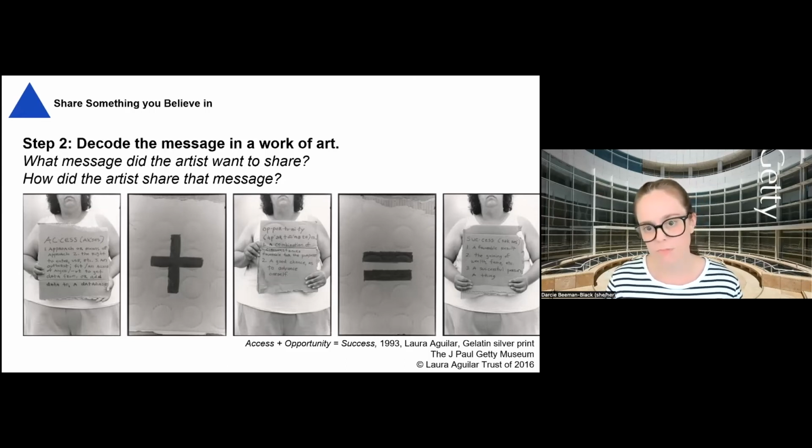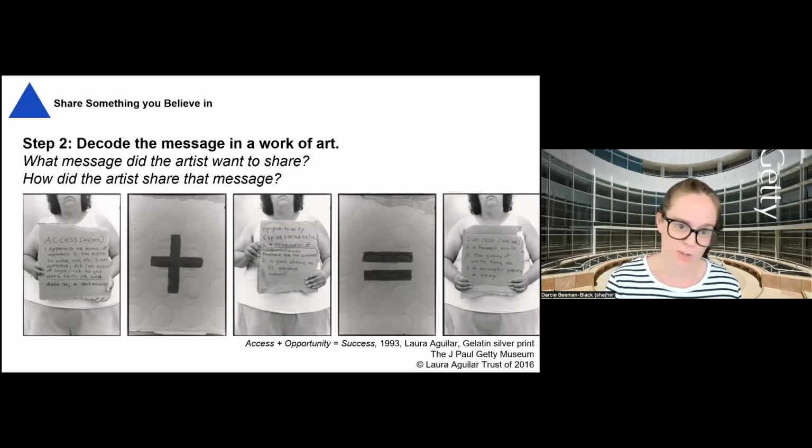obesity. So born and raised in East Los Angeles, Aguilar was the daughter of an immigrant Mexican father and a Mexican-American mother. And in this work of art, Aguilar uses cardboard and marker to contemplate the nature of success, referencing simple ideas like opportunity and access. You can see there that those are defined on those cardboard pieces that she's holding. And this cardboard,